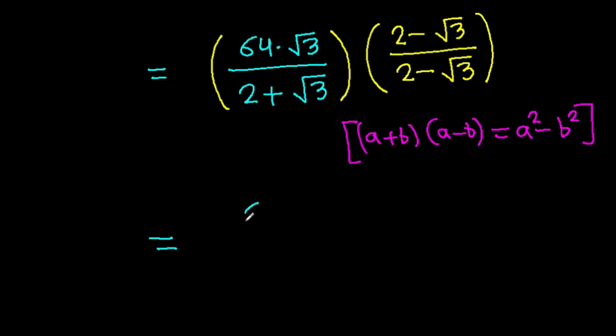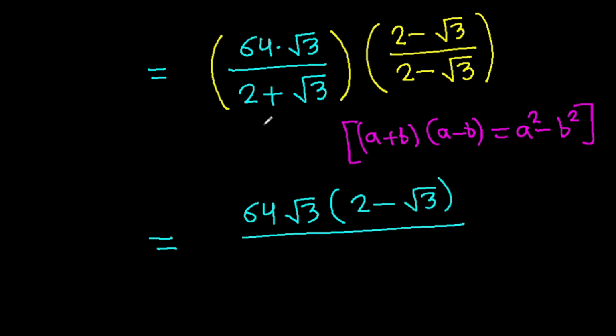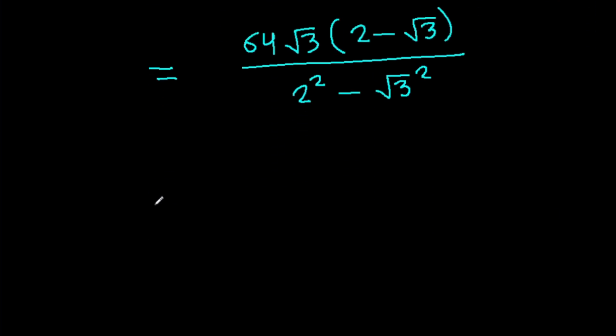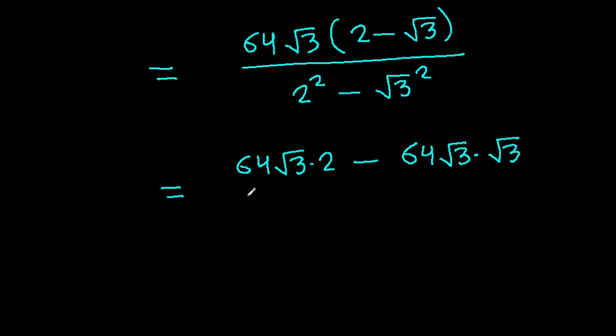So it will be 64 root 3 times 2 minus root 3 over, and this will be 2 squared minus root 3 squared, and it is 64 root 3 times 2 minus 64 root 3 times root 3 over 4 minus 3,